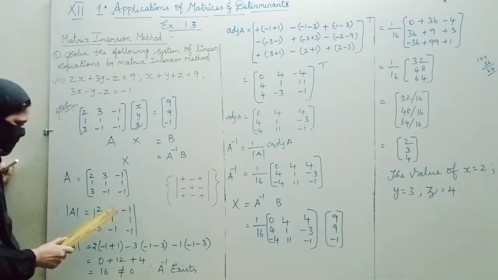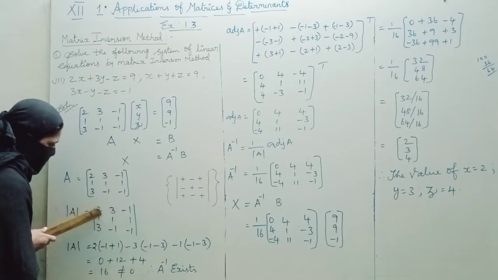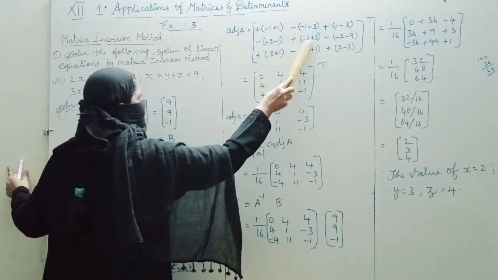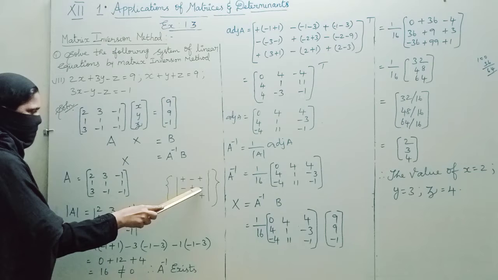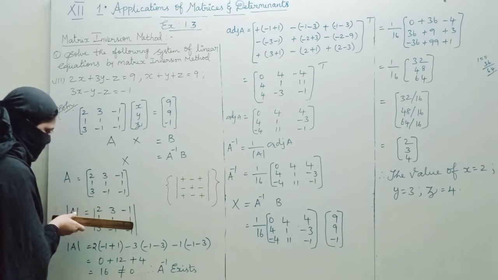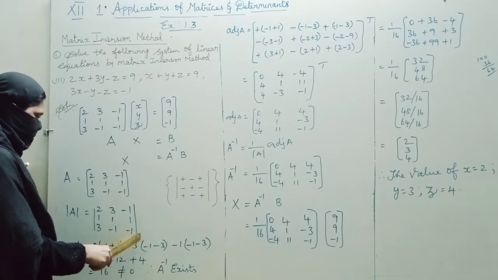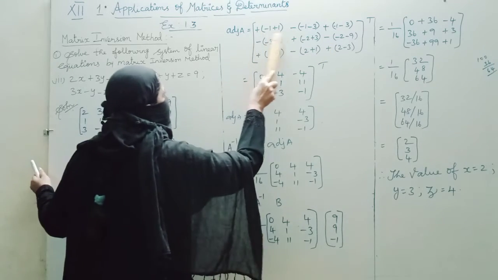Next one is plus. This and this you can close it. Remaining you should multiply, means minus 2 plus 3. Next one is minus. This one is minus. So you can close it here. You will get this answer. In the same way you can do the third row. Now you can simplify this one.